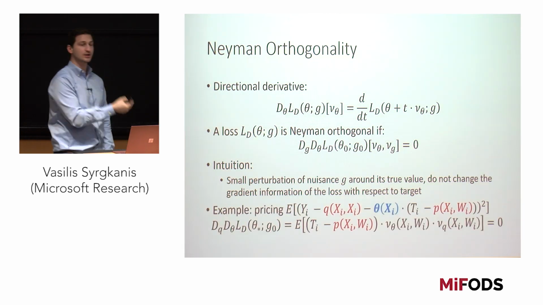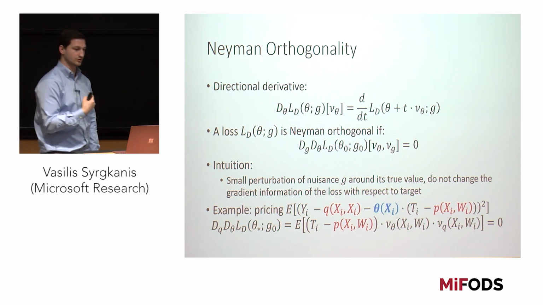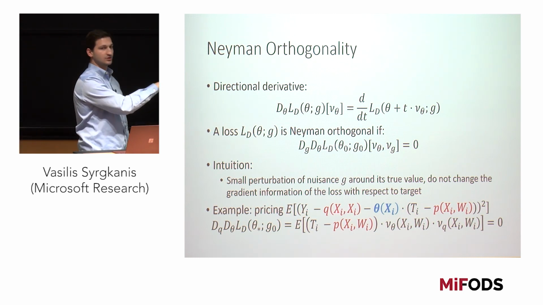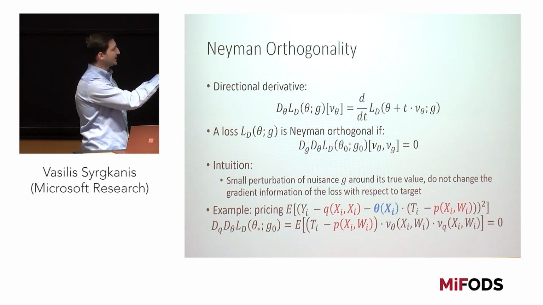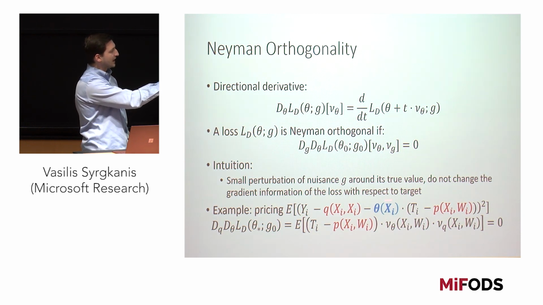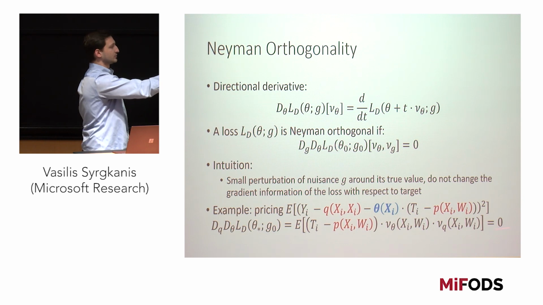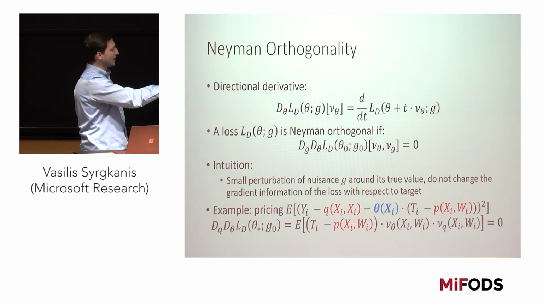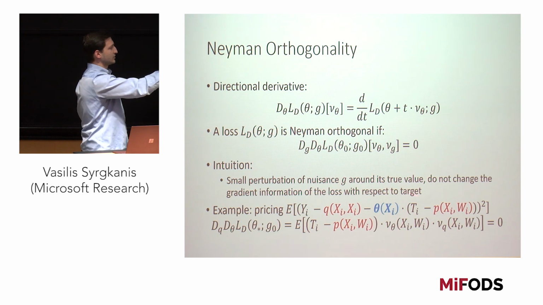And this is satisfied by all of the loss functions that we described in the first part of the talk. So for instance, for the square loss over here of the residual on residual, if I take a derivative with respect to theta, this is sort of like a derivative with respect to the output of this function. So this is going to be just 2 times this quantity multiplied by this quantity. And then when I take a derivative with respect to a nuisance, say I take a derivative with respect to this, then all that will remain is this difference over here. But this difference is a residual which under the true nuisance model is mean 0. Right? And so this quantity is going to be equal to 0. Right? And so this residualization of the treatment was really what made this loss function be Neyman orthogonal.